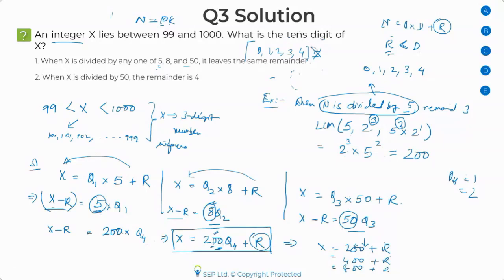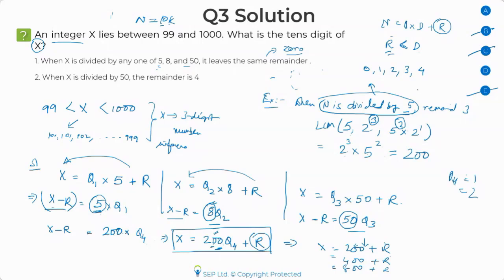And the question is asking me about the tens digit. What is going to be the tens digit of X? So I can say that the tens digit is going to be 0. Notice that in this case also I could not find out the exact value of X. That's a very important thing which I want to point out here, guys. If you are fixated on finding the exact value of X, you might end up saying that statement 1 is not sufficient. But that was not what I was looking for. I was looking for tens. So my whole focus, even after getting this, was on tens. Can I get a unique answer or not? So that's why statement 1 is sufficient. So my answer would either be A or D.